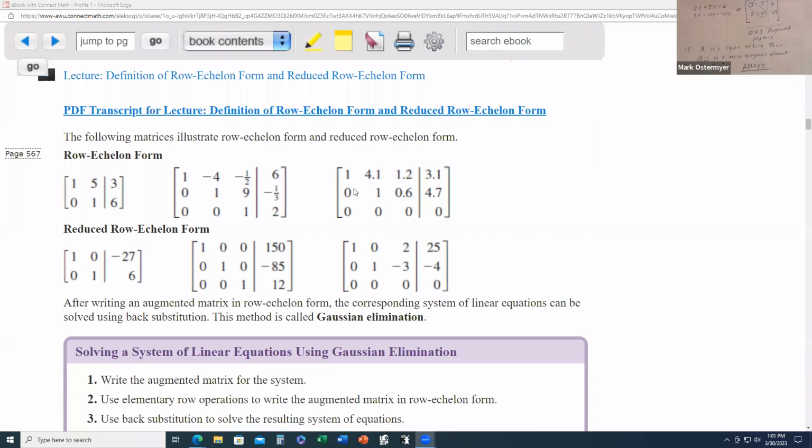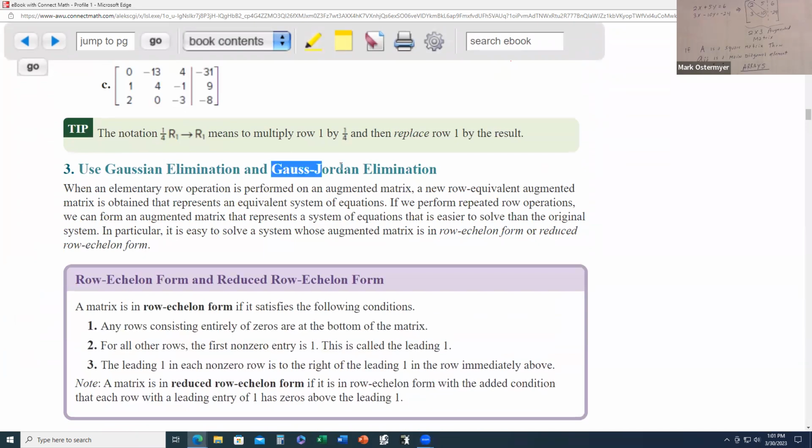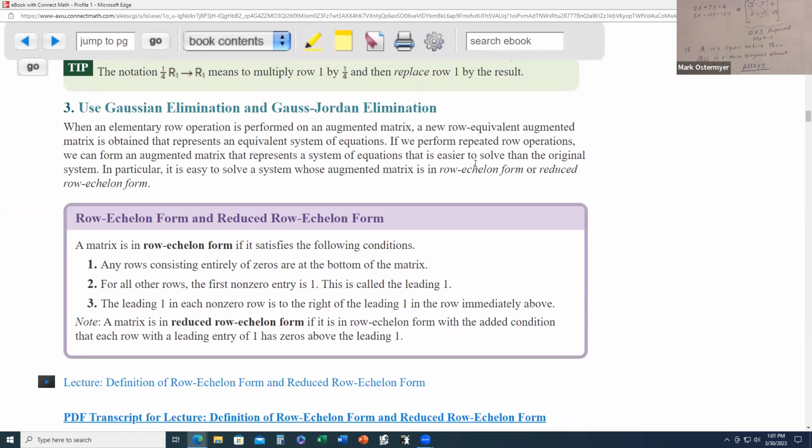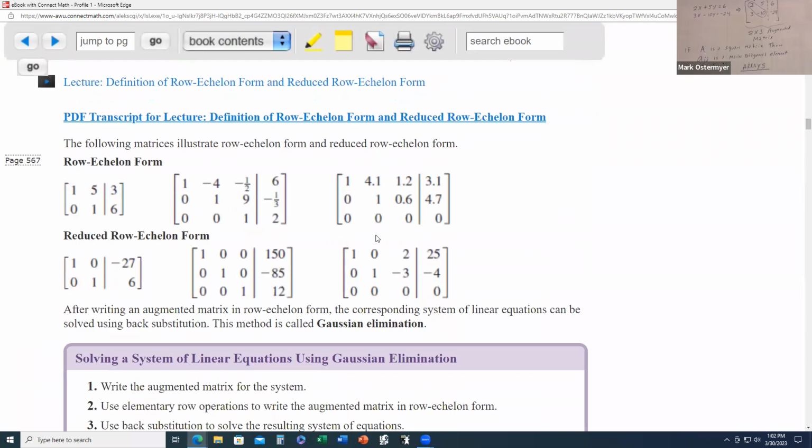If, ladies and gentlemen, we're using the Gauss-Jordan elimination method, Gauss-Jordan requires that we get our matrix into an even more restrictive form called reduced row echelon form. What does it mean for a matrix to be in reduced row echelon form? Well, it says right here, a matrix is in reduced row echelon form if it is in row echelon form, with the added requirement that each row with a leading entry of 1 must have zeros above the leading 1. In other words,